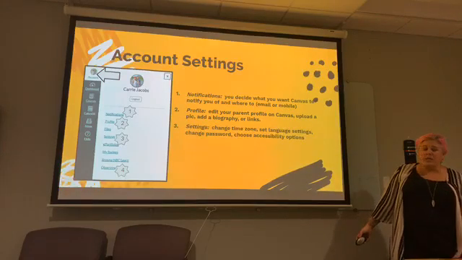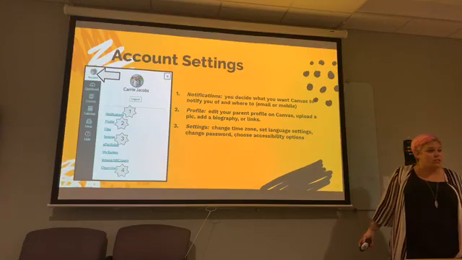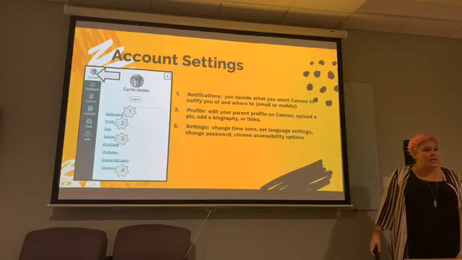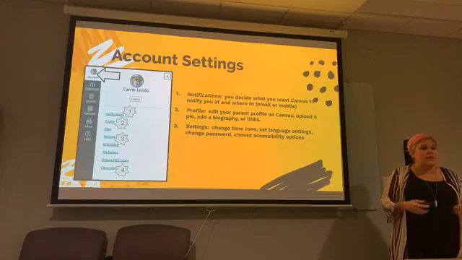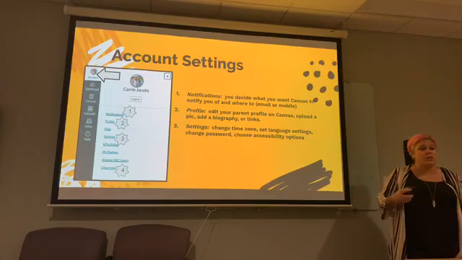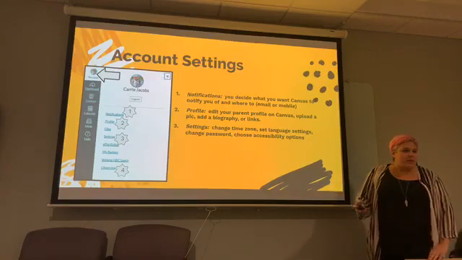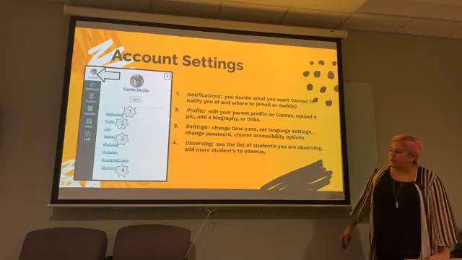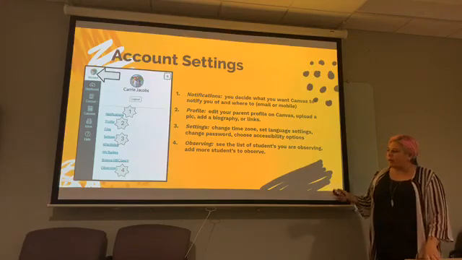Then settings. This is a really cool aspect for those of us for whom English might not be our first language. You can go in and change language settings. Canvas has about 40 different languages right now that it can translate into. And this is great for our newcomer students as well. They can pick their own language. So it's really helpful for students that are learning English. Gives them just another leg up and some accommodations in the classroom. And then finally, under observing, you can see a list of students that you're observing, so you can make sure you've got everybody in there.